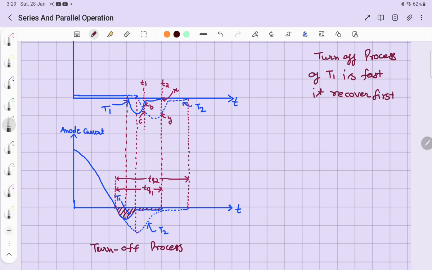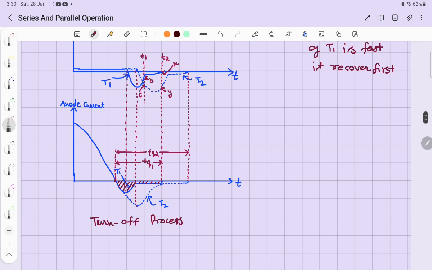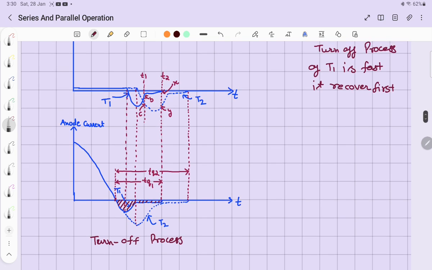Here you can see the current starts, and this is because of the reverse recovery current, right? Because of this reverse recovery current, thyristor T1 is completely turned off at TQ1,